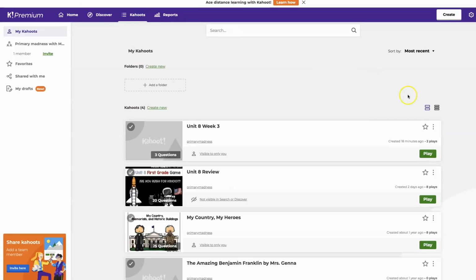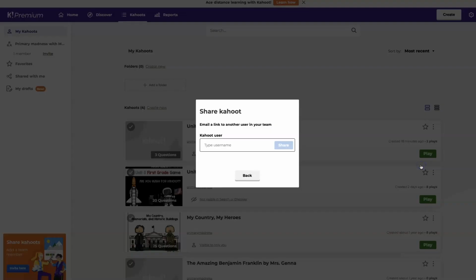You can also share a Kahoot by going here and click share, and you can send it, email a link to another user in your team. So you need to know their Kahoot